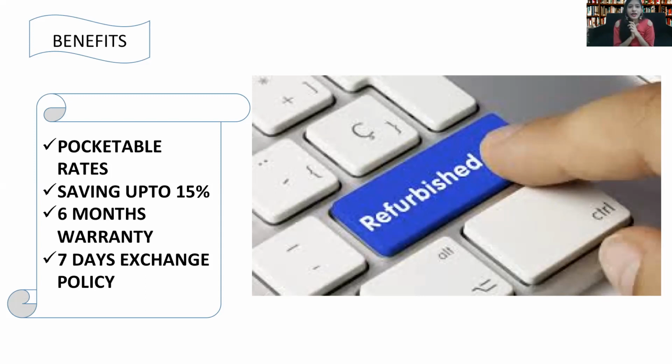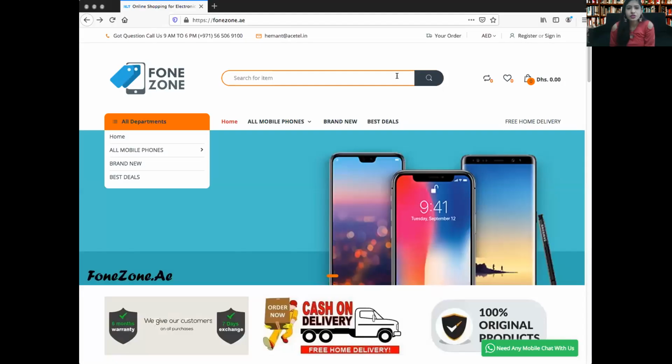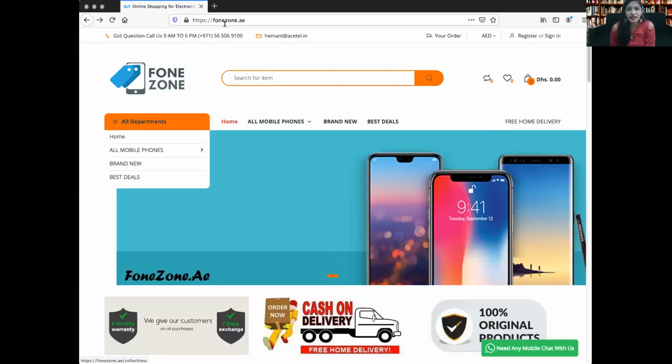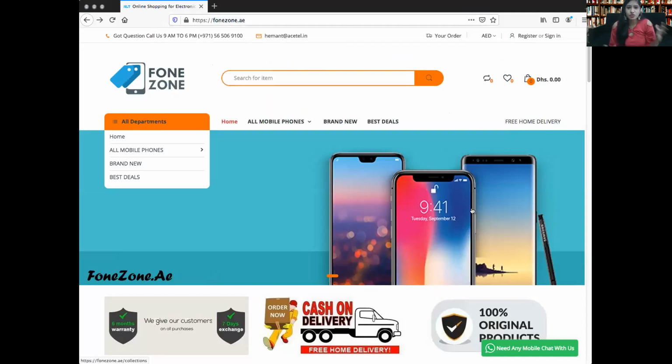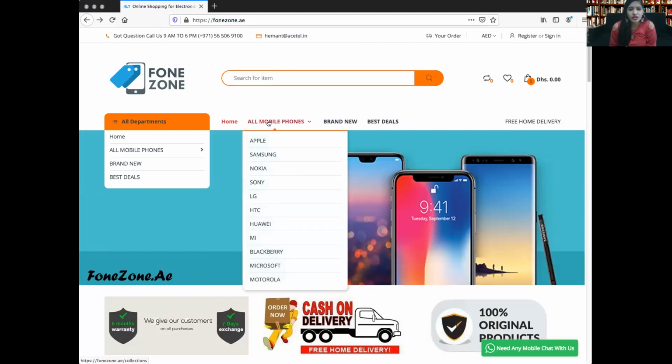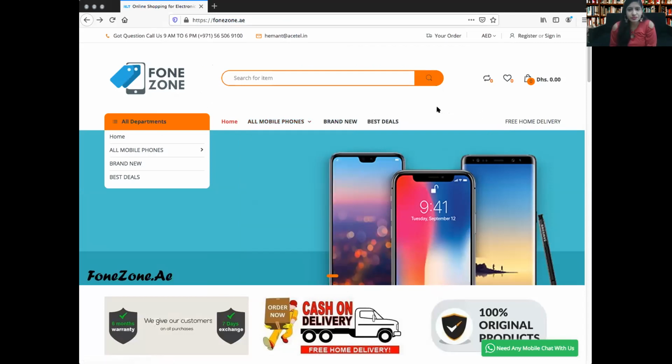So let us go back to the site we were talking about and see how it is different from others and whether it offers the same thing or not. So we are back on the site, and as we already know, the site name is Phone Zone. Phone Zone itself means a zone of phones or a place where an abundance of phones can be seen. And talking about this variant, this is the category all mobile phones, which offers you n number of brands.